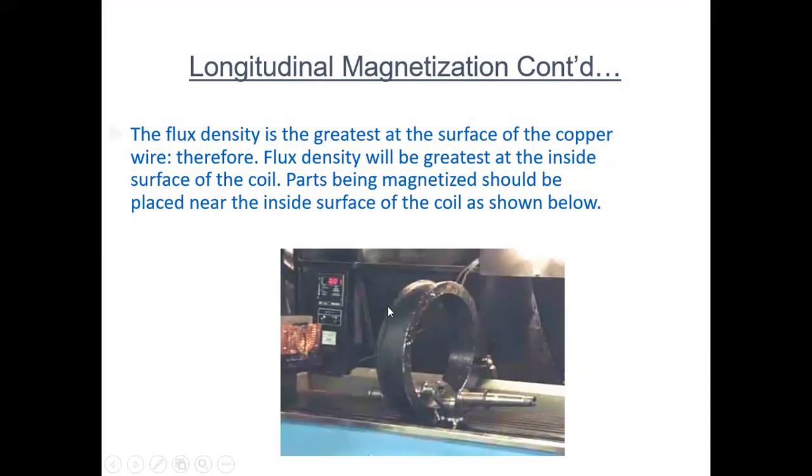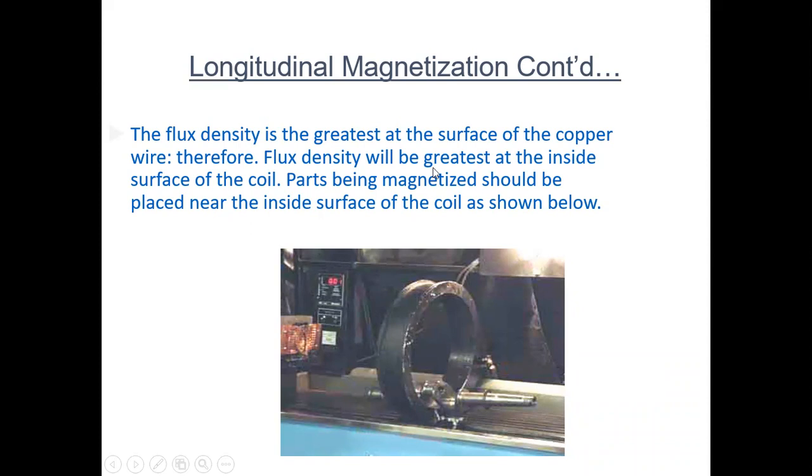So this is also a coil. This is a standard coil, there are 5 turns. Here also we have to put the job at the inner edge of the coil, not at the center, because at the center the field will be zero. So where is the field? At the inner edge of the coil, because the current is here. Current is flowing in the coil, so the line of magnetic field will be more near the coil only. That's why we get more magnetic field at the inner edge of the coil.